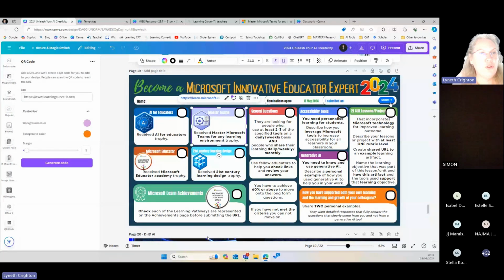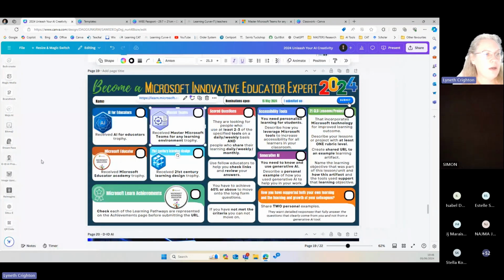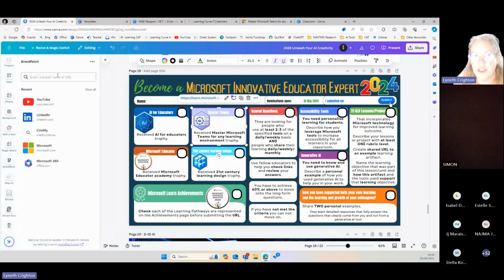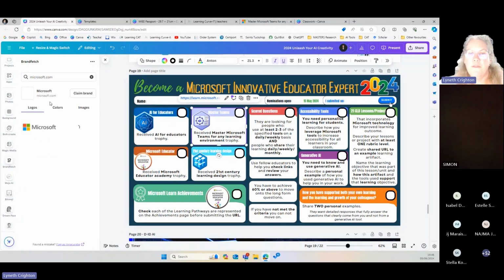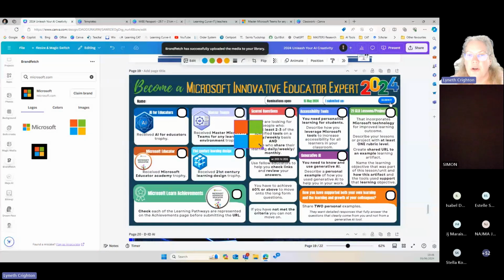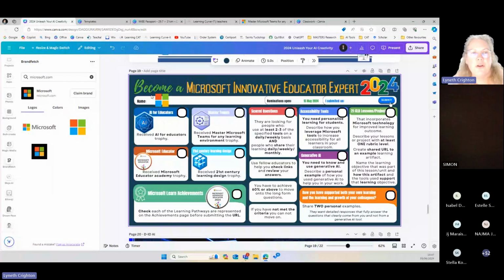For those people who do lots of things with other branded material, there's this new Brandfetch. So if you type in Microsoft, and just by the way, if you use all these images, the copyright is built into it. So I could easily put the Windows logo in, and you know how many hours it takes to always find the logo, find one that you can download and upload.